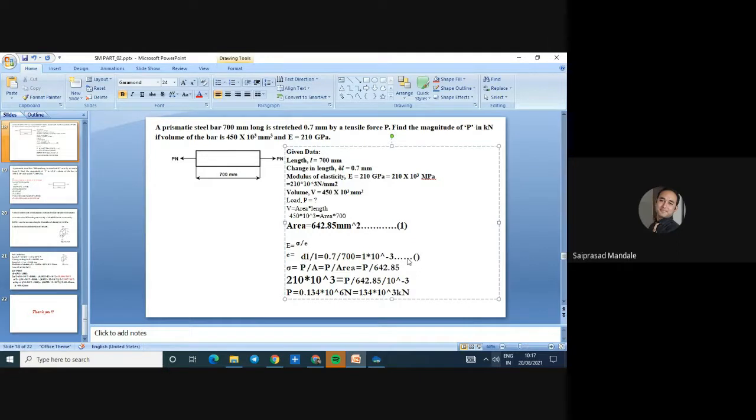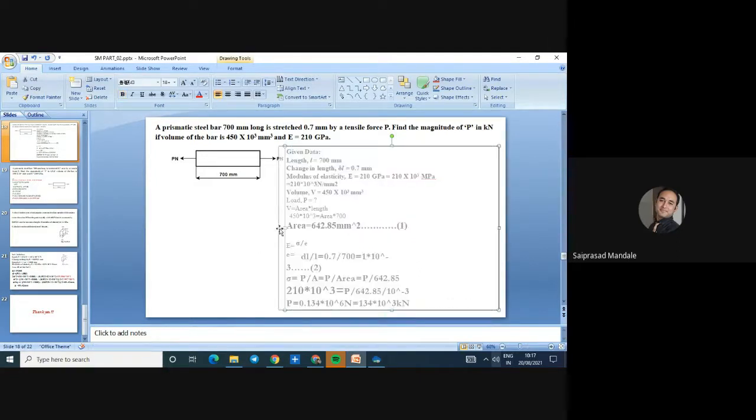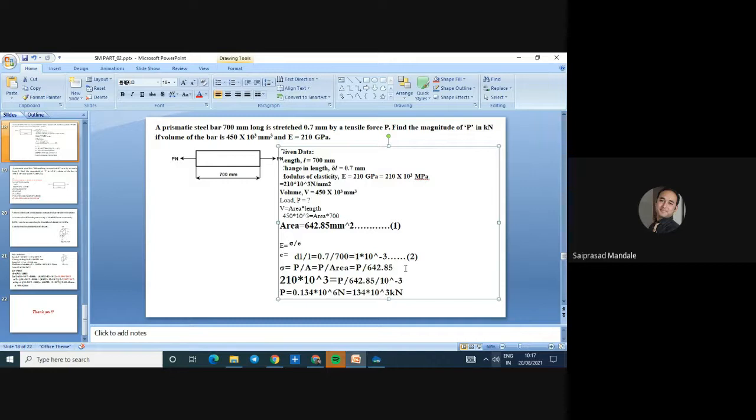Then we have calculated the value of stress, that is step number 3. And then we have put from equations 1, 2 and 3, we have identified the value of